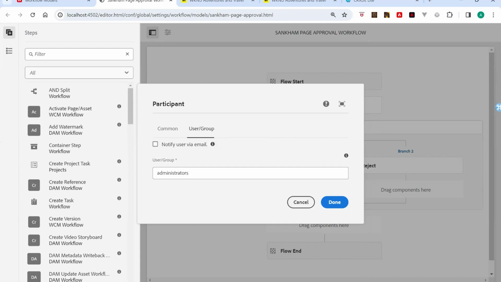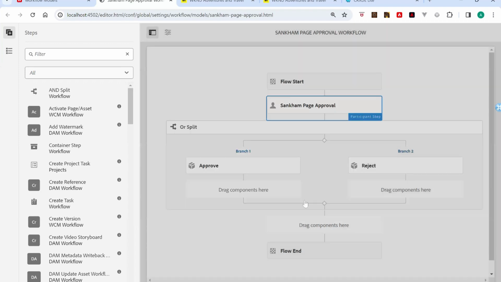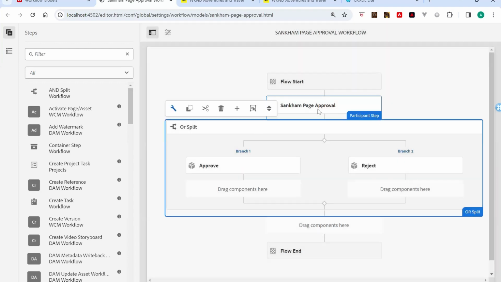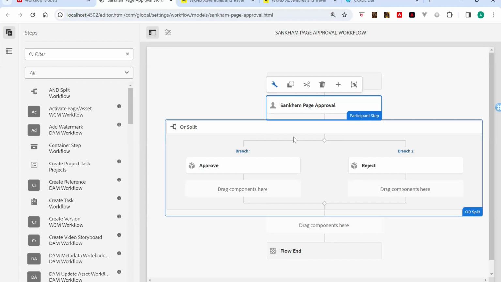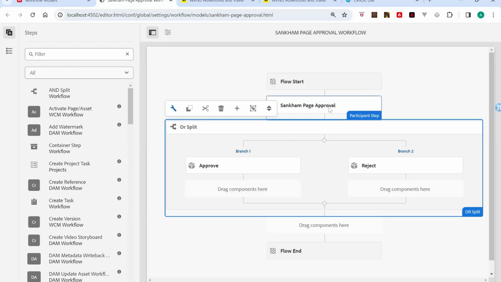Right, and for the email server configuration, we will have to do the SMTP email server configuration as part of the OSGi config. That I will try to add in my course as a text link. You can check out how to configure the SMTP email ID. Yeah, proceed. Okay. So once we added the participant step, the second step is that